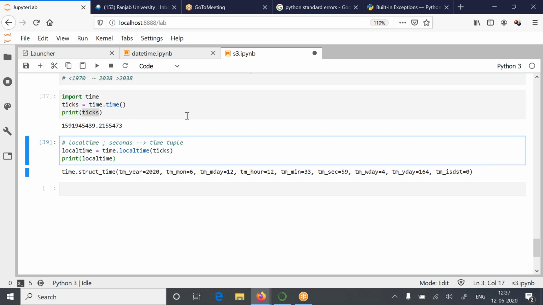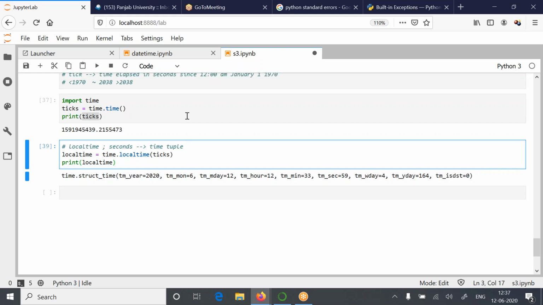Again, that's another function, the time function. What this time function will do is format the time in a human readable format. So like if I say print time.asctime and localtime,